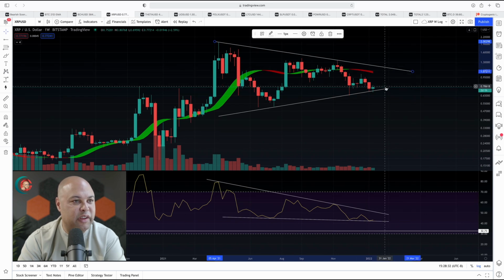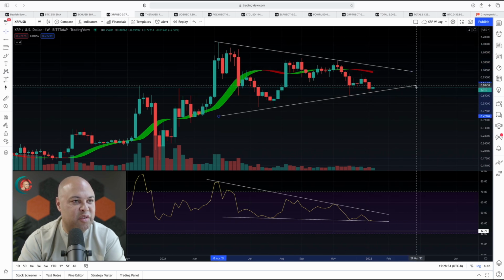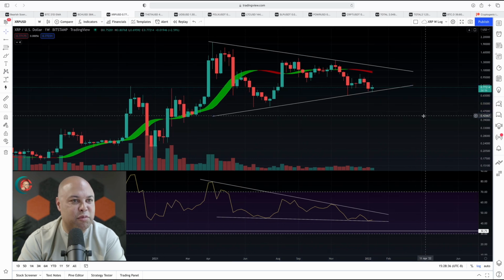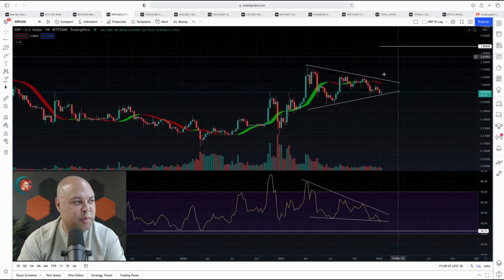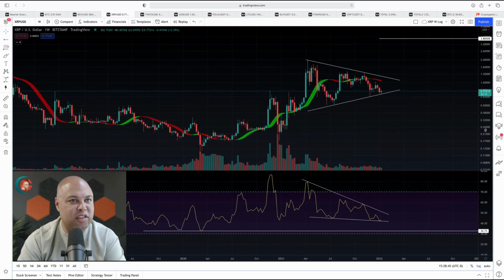And we just keep moving within this triangle. If you look at the history of XRP, we just keep moving from triangle to triangle to triangle. We just keep retriangling and retriangling. But once we get a bullish break above this triangle, my next target is going to be